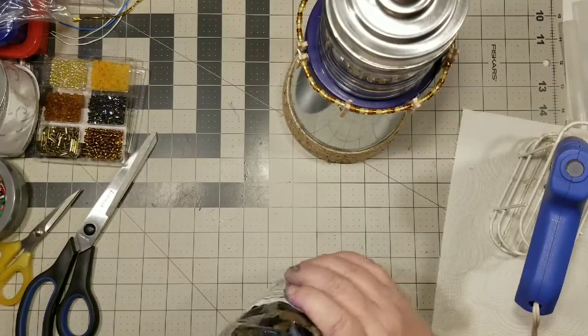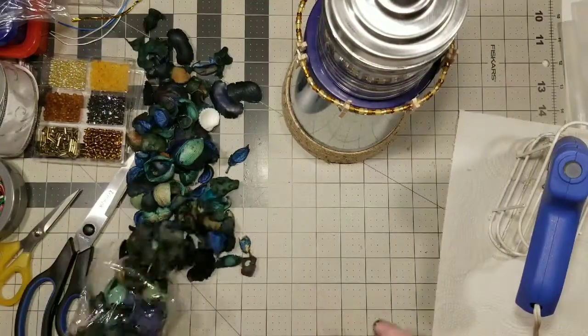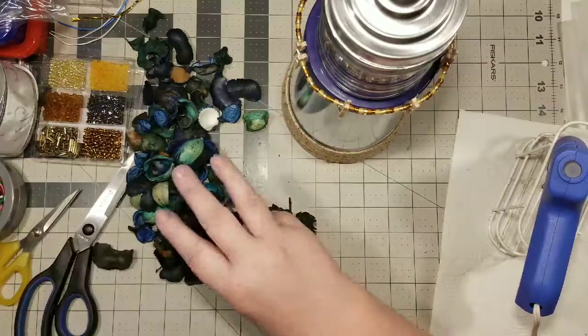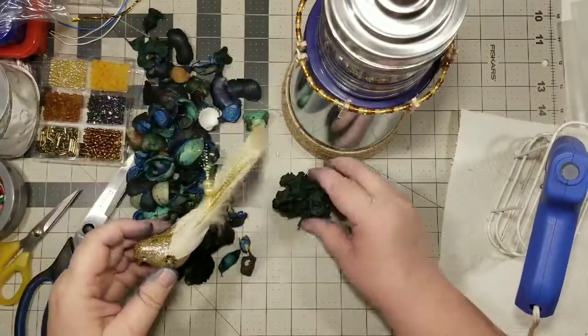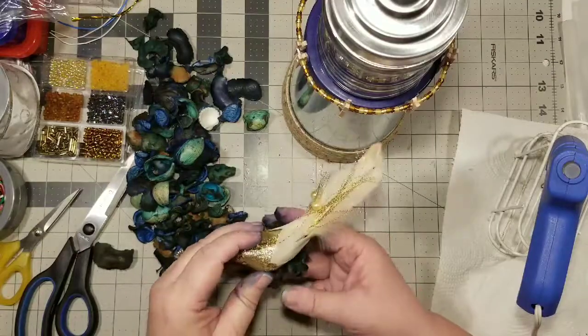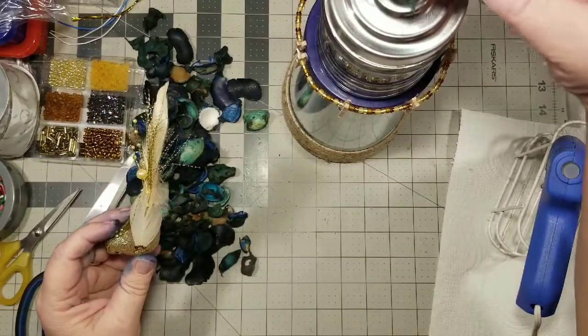What am I going to do with these, you ask? We're going to dump them out. Ooh, that's a big one. Ooh, I should be able to use that somewhere, huh? Oh, you guys. Did I just find kind of a... Or is it going to go up there like that? Nah,